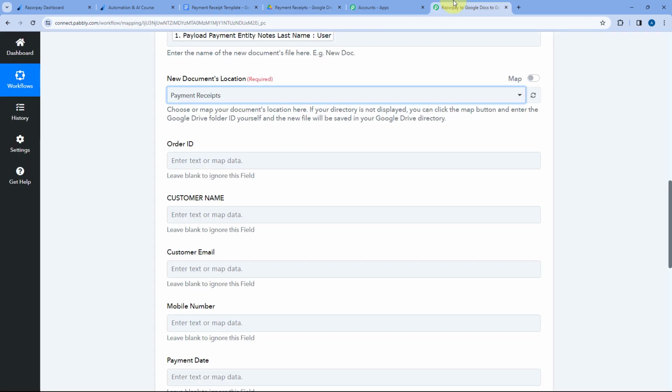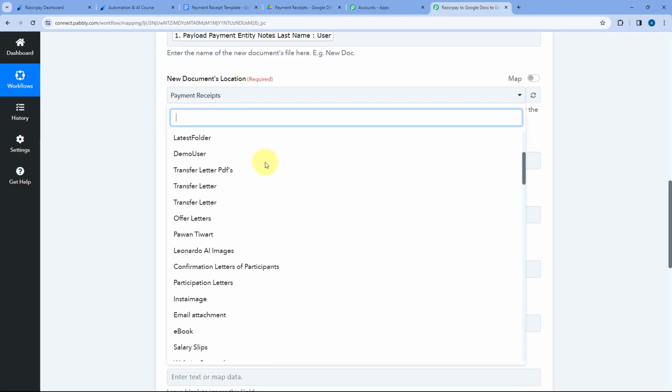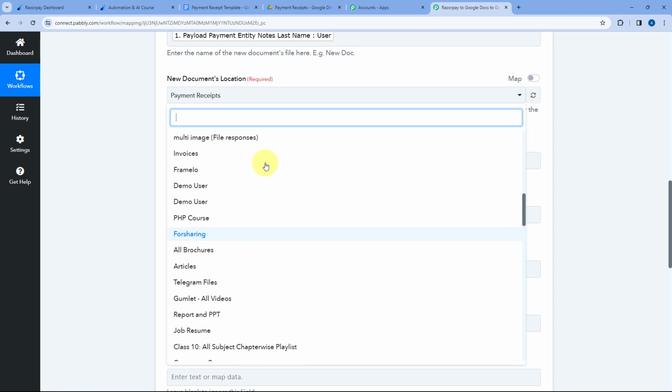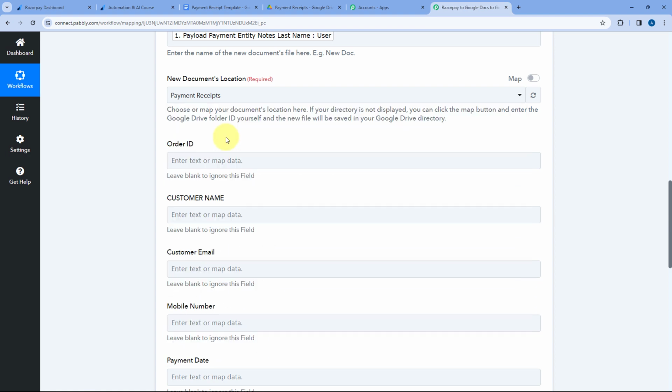particular folder. So what we are going to do, from this drop down here, you can see a list of all the folders which I have in Google Drive. Out of all of this, we are going to select the folder in which we want to save the newly